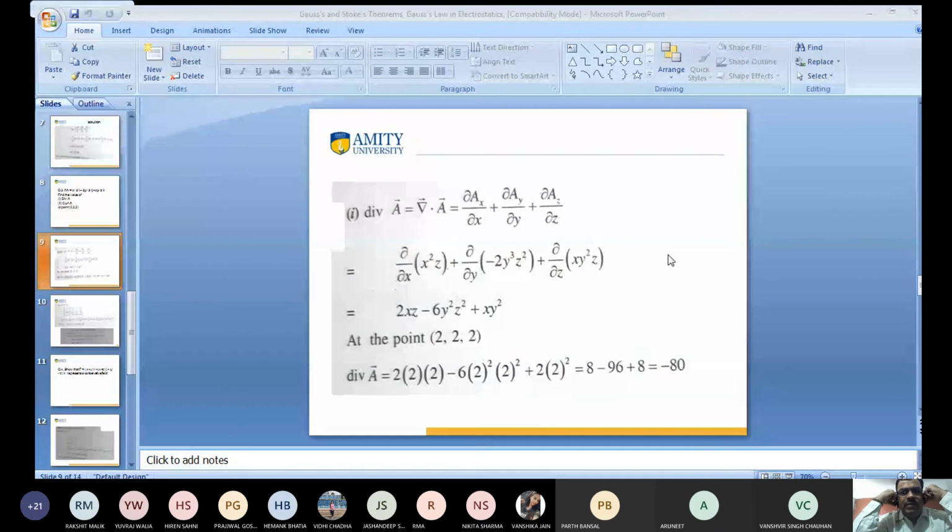So I hope it will take time, but you have to make practice, okay? Because I have given some questions, I hope at your home you make practice. Because when you calculate the curl of any vector quantity, we have to use the determinant. When we use the determinant, it will take some time and it is a long process. Okay, Parth? Yes, sir.